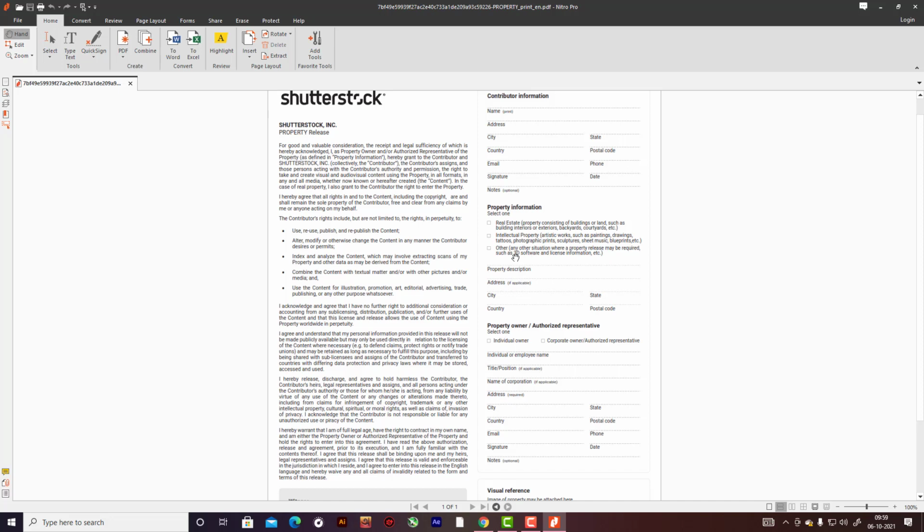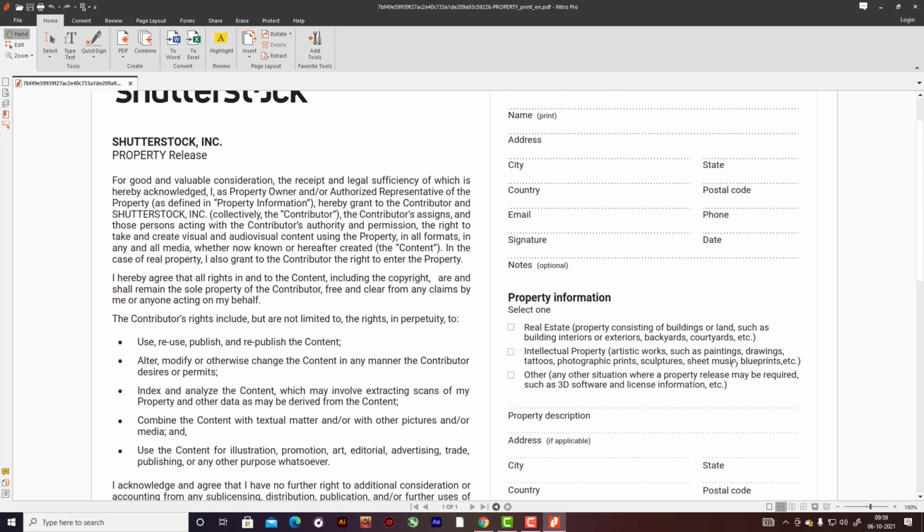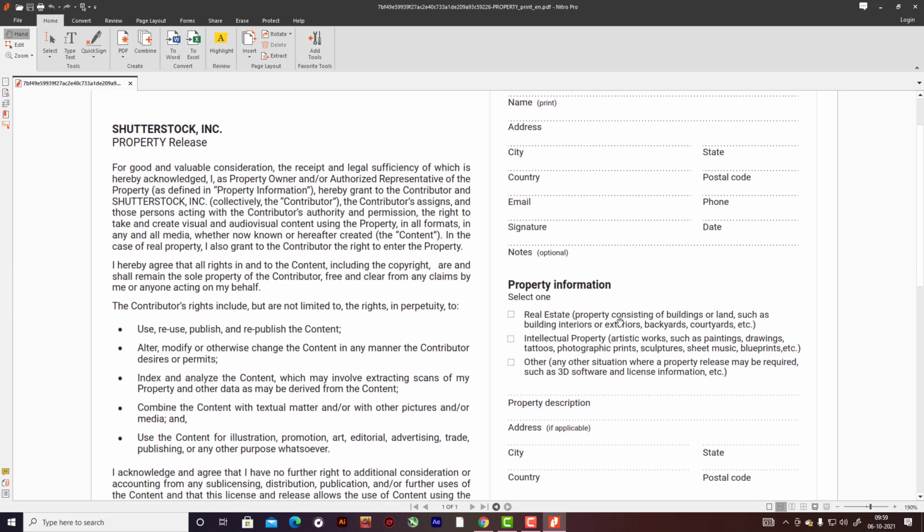In your case, maybe the possibility is the email address, the same email address which you put at the time of signing up as a contributor to Shutterstock. So this is important. Okay, so the city, state, and here over here you can see this, I'm just zooming in. Okay, so the real estate property or the intellectual property. In your case it is